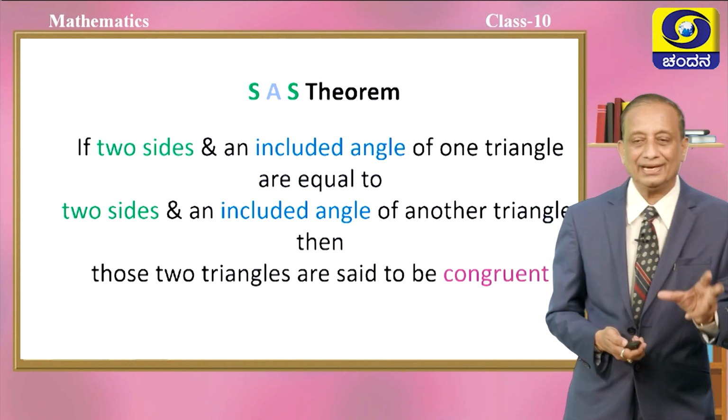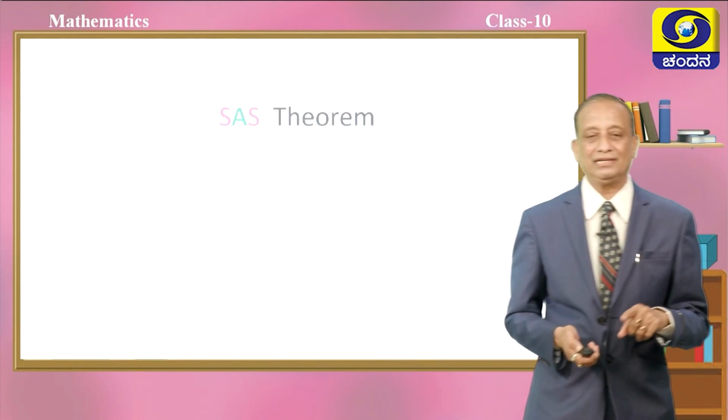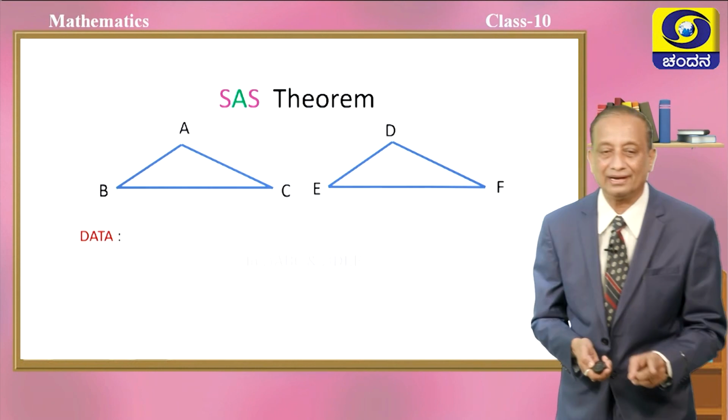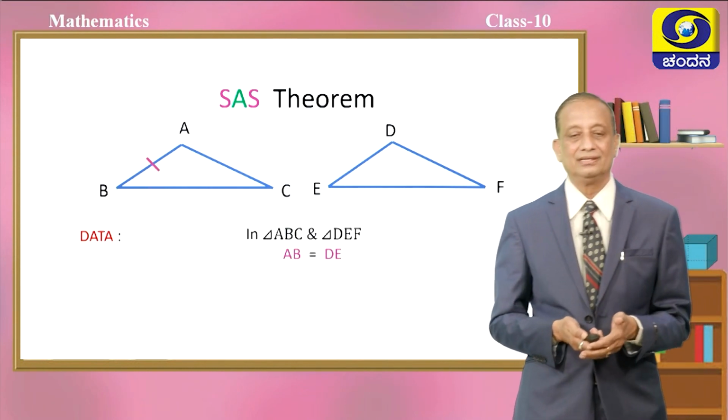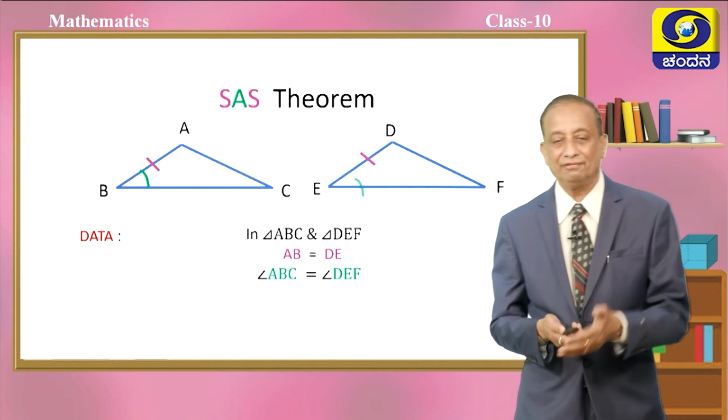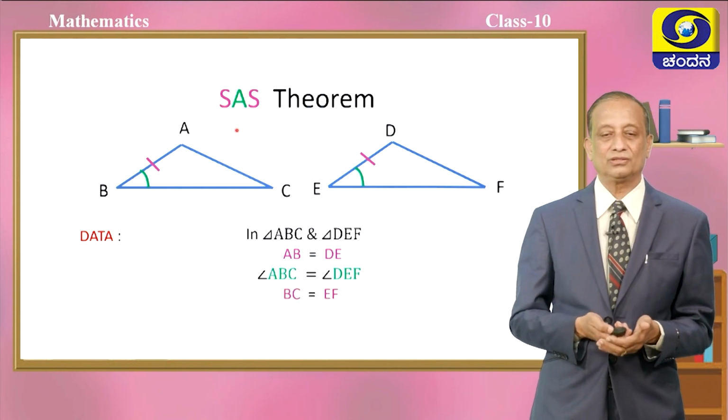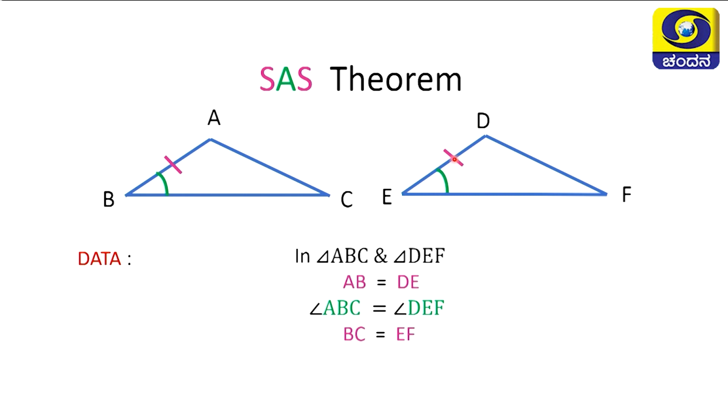When two sides and an included angle of one triangle are respectively equal to two sides and an included angle of another triangle, then you can simply decide that they are congruent triangles. Here is a figure coming up on your monitor screen so that you can understand this SAS theorem. So, AB and DE are equal, angle B is equal to angle E, BC is equal to EF. So, we will mark two lines on those two sides. If this is so, we have to show that triangle ABC is congruent to, is identical in all respects to, triangle DEF. This is what you have to recall now as the first prerequisite.